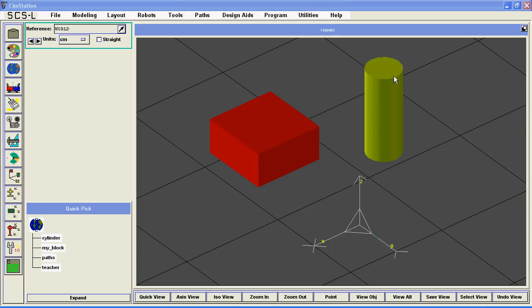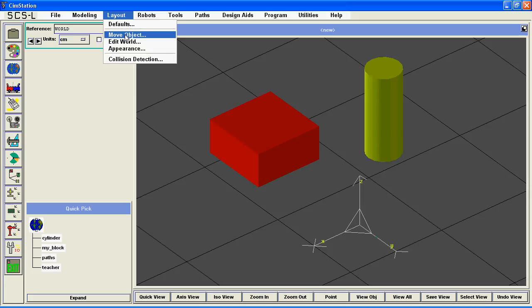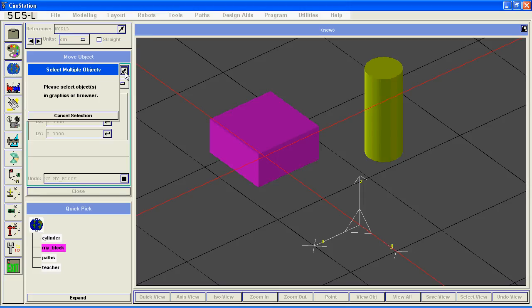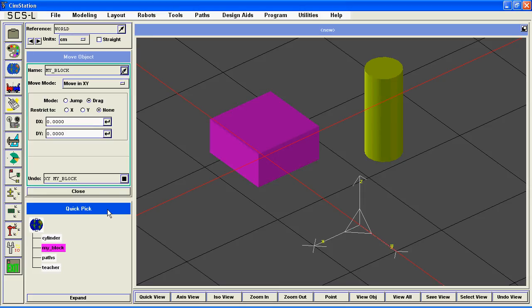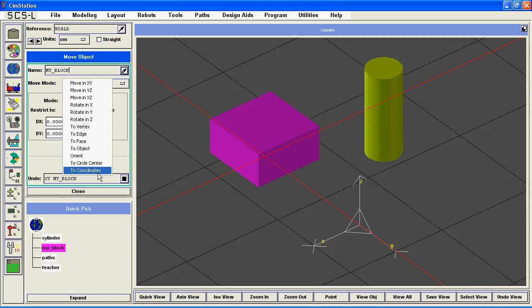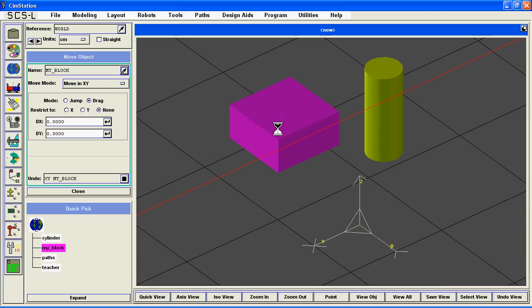Here we're going to explore the Move panel. So we'll go to Layout, Move Object, and bring up the Move Object panel. We'll select My Block in the Quick Pick, and then these are our Move Mode choices. We'll choose Move XY, and we'll have the Drag mode, so it just drags it around